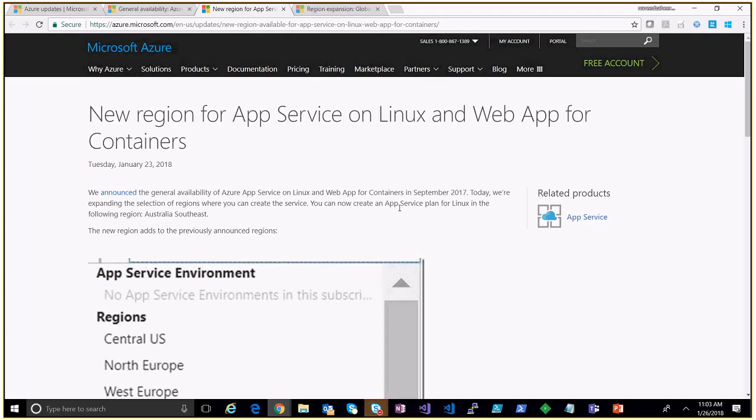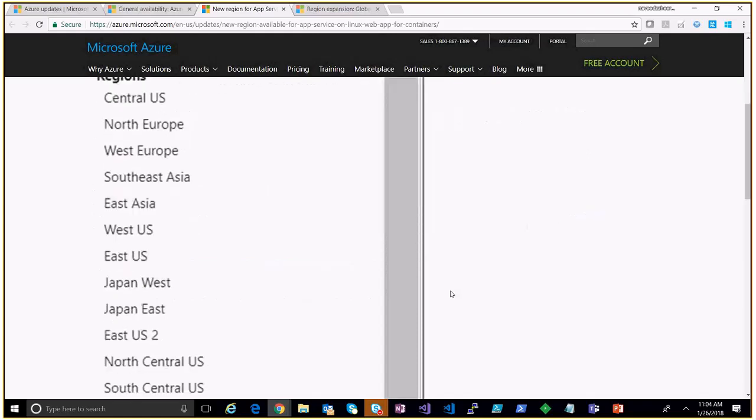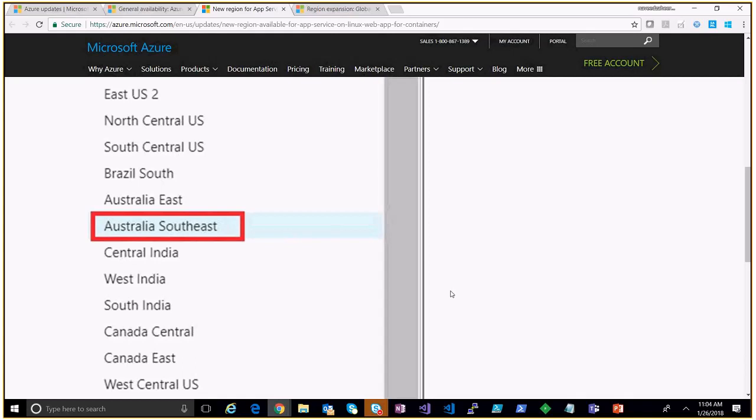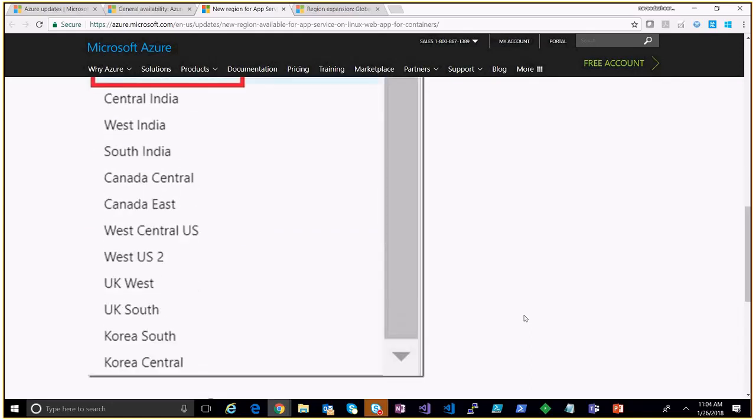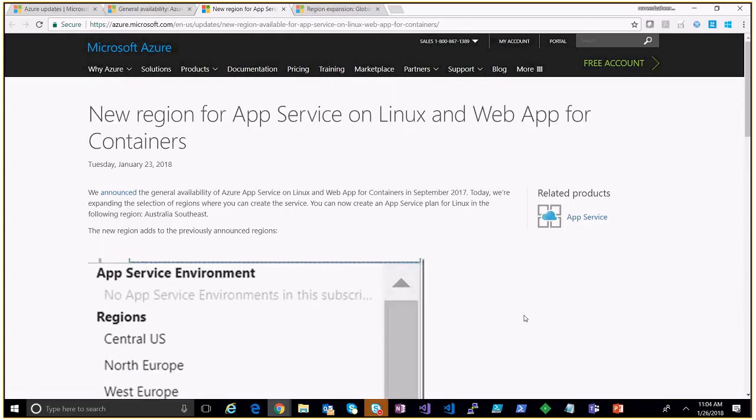The way you can deploy services in Azure is with App Service. You can spin up containers as well, and there are new regions now available for that. One of the regions is Australia Southeast. Before it was only Australia East, and now there is another region available for that particular service. Moving on, the third one